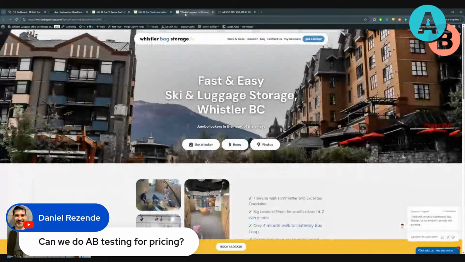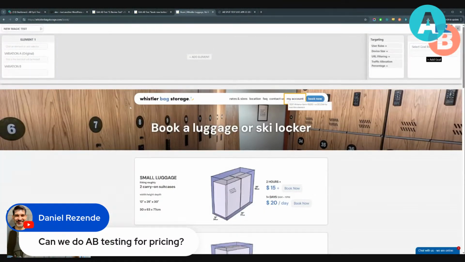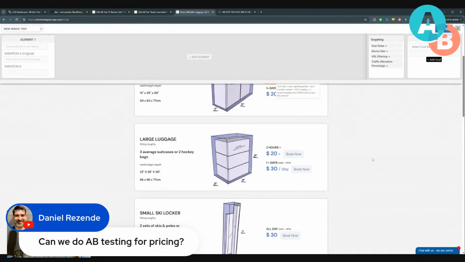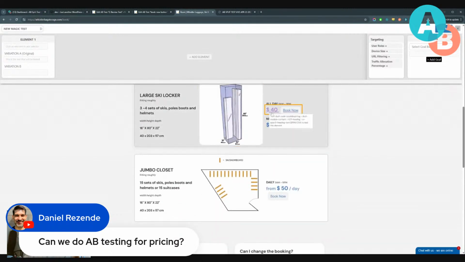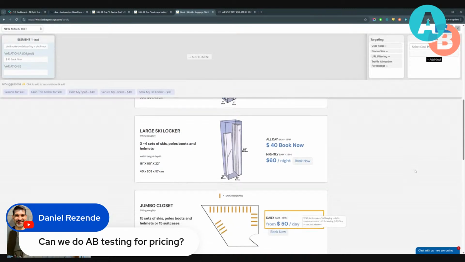So most of the time when people are looking to do testing for pricing, they want to make sure that the pricing on the product page is a different price, and then they also want to make sure that the pricing in the sort of product list is correct. So the best way to do that is to create a magic test. Now, this does take a little bit of code know-how, and I've got a fair bit of custom code here, so this might not be the best place to do it. But if you were to test the pricing of an all-day locker, for example, here,